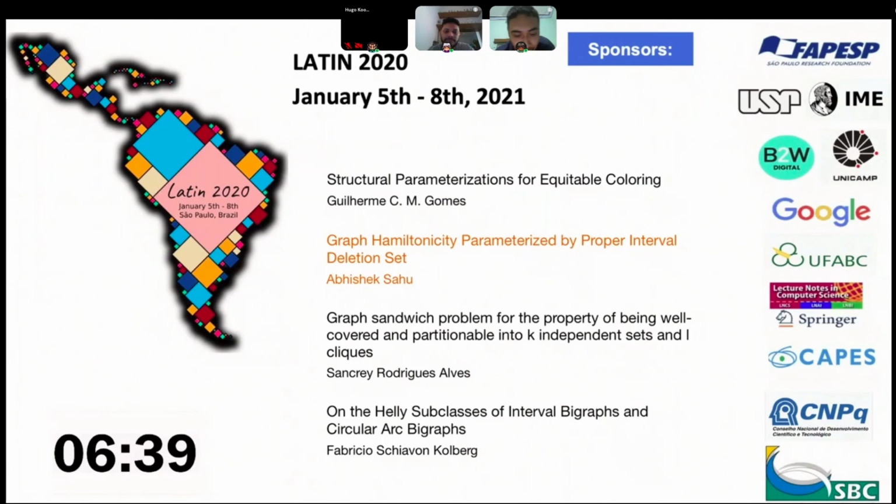Yes, we don't know about the lower bound, so there might be a single exponential algorithm. In the first step itself, we use 2 power order k log k time. When we arrange the vertices of the modulator, there itself we use 2 power order k log k time. So maybe we could do something better. The main factor, this k log k factor, comes in the first step. So even if we improve the DP somehow, we won't be able to improve the total runtime as long as we don't improve the first step.